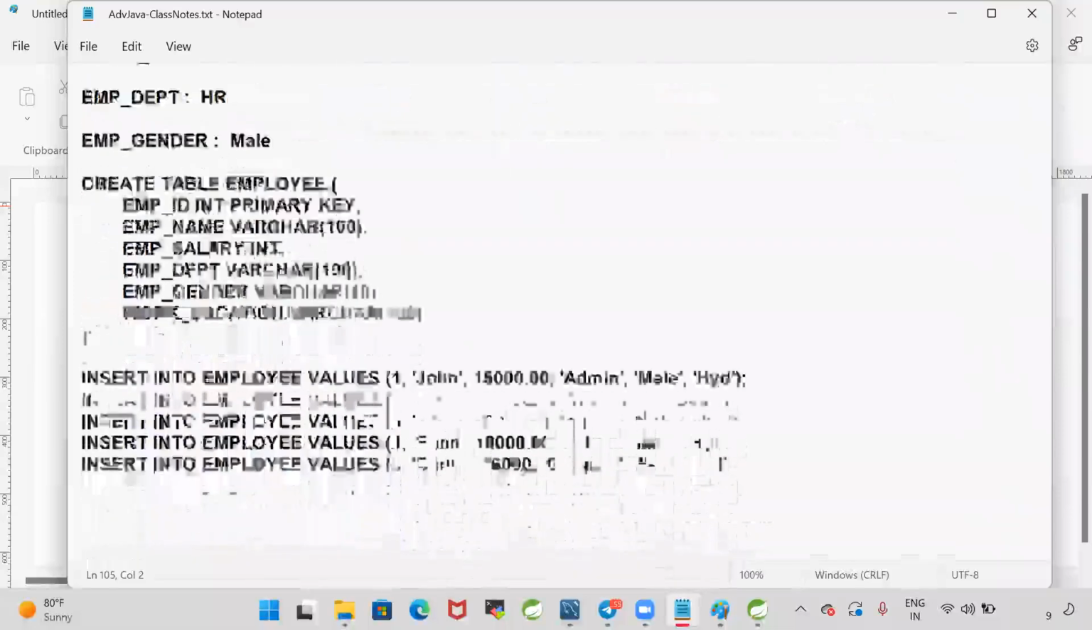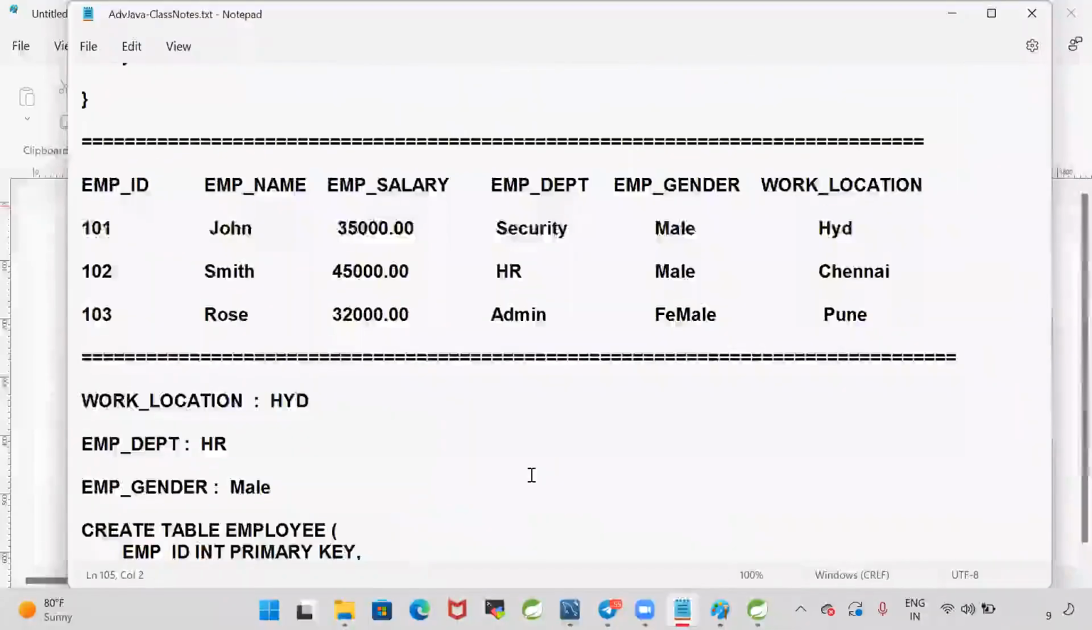So what is the meaning of dynamic query creation? Dynamic query creation: based on the user input, our query should be constructed. So in which scenario do we need to go for dynamic query creation? Search operation. When we want to filter the data from the table, then we need to create the query dynamically